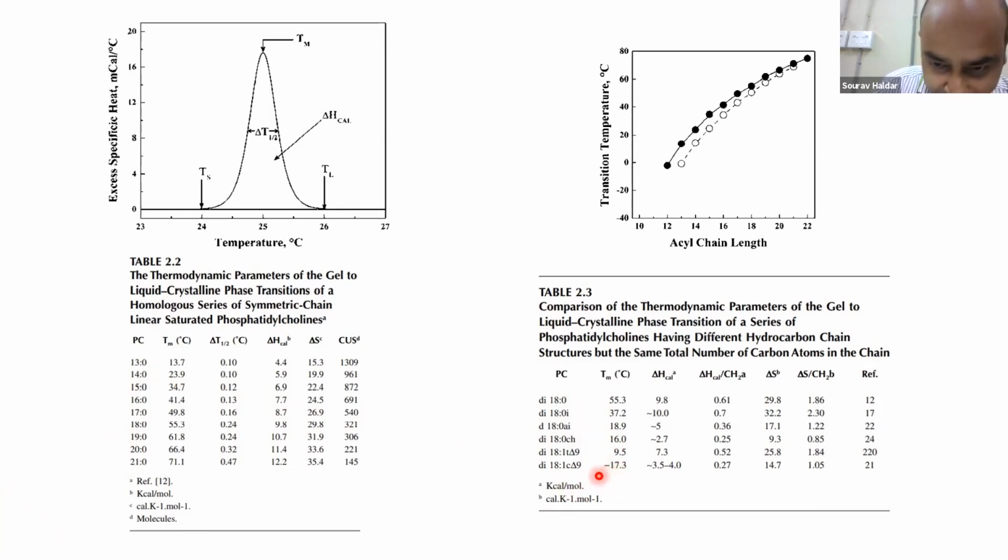For example, POPC or DOPC. DOPC will always be fluid at room temperature. DOPC's phase transition temperature is actually -20. On the other hand, if you take DPPC, which is dipalmitoyl phosphatidylcholine, which is made of all saturated lipid, it has a phase transition temperature of 25 degrees Celsius. So if you take a DPPC lipid membrane, below 25 degrees Celsius it will be gel, above 25 degrees Celsius it will be fluid. And that transition temperature can be very well studied by a thermodynamic method called DSC, or differential scanning calorimetry.